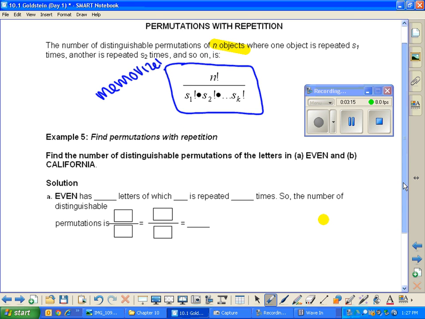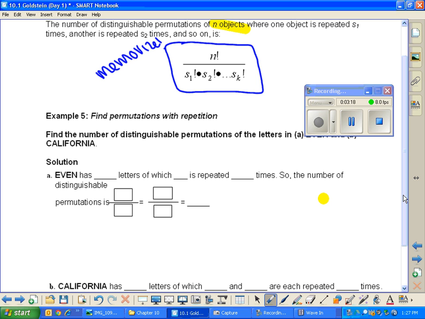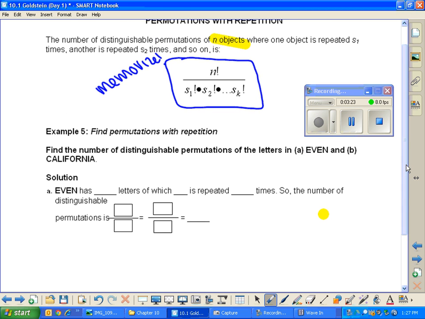So down here, if we're going into this idea of finding distinguishable permutations for even and the word California. So even has how many total letters? 4. There's 4 letters, of which letter is repeated? E is the one that is repeated how many times? 2 times. So the number of distinguishable permutations that look different from each other is 4 factorial